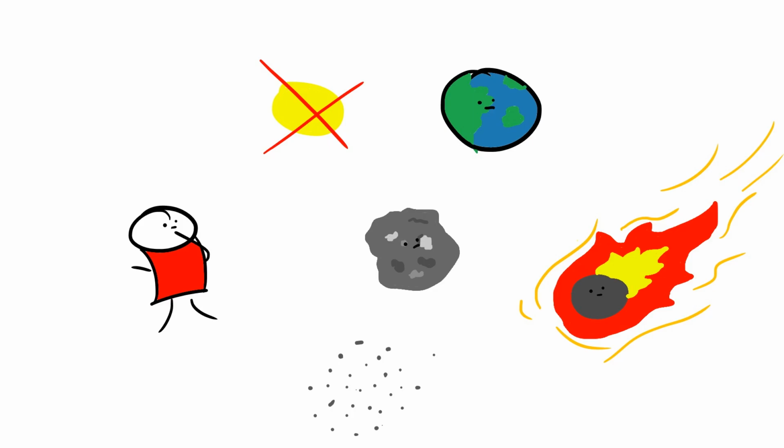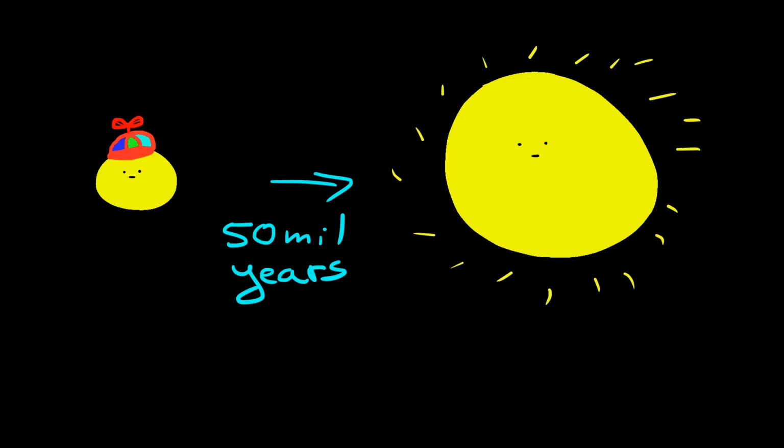However, not all of the material will end up as a part of the star. So dust will become planets, asteroids, comets, or remain as dust. A star is formed when it is hot enough for nuclear reactions to start. For example, a star such as our Sun would need 50 million years to develop from the cloud to its